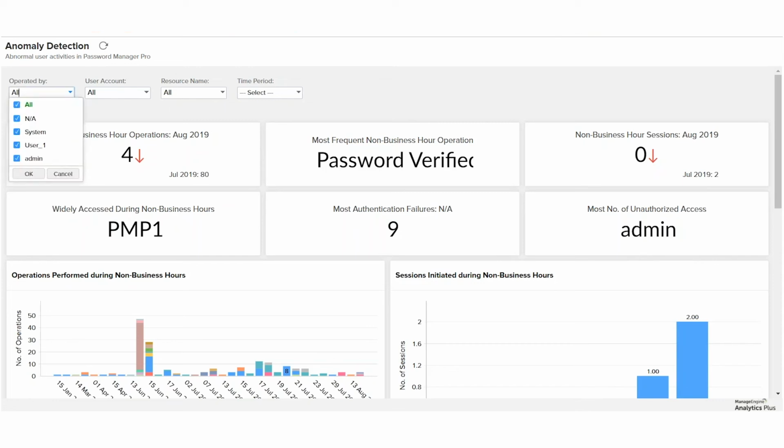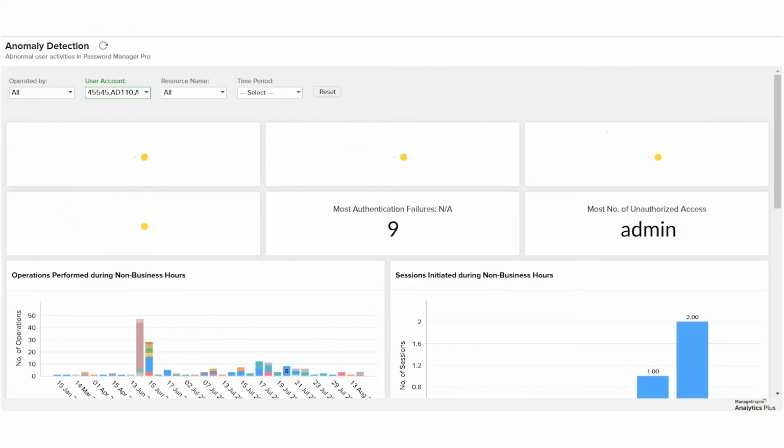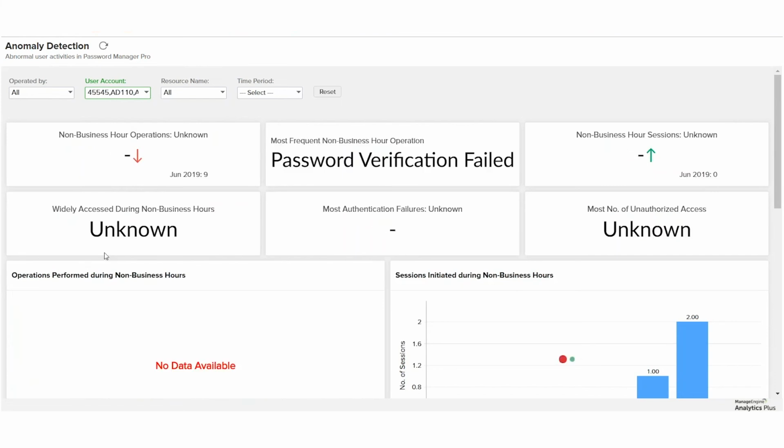Apart from that, I can also narrow down, or drill down into specific actions I need on a particular user or an account. I can narrow it down as per my requirements, and list only those particular servers and see what has exactly happened on them during the non-business hours. So this is one report which shows abnormal user activities in Password Manager Pro,